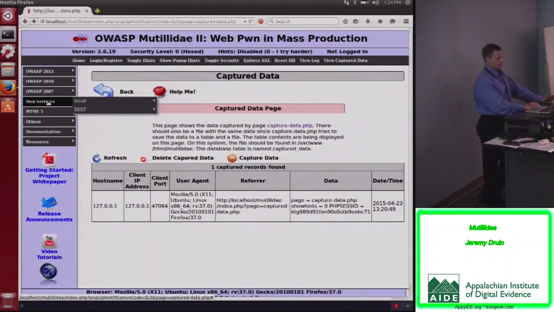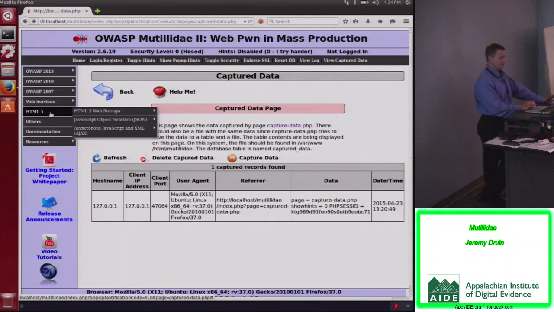And then there's also some attacks that kind of don't really fit into the OWASP top 10